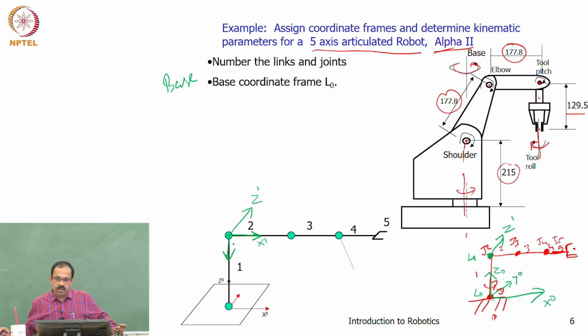X naught, how will you get it? Yeah, so first you fix x naught. So x naught I can actually say that x naught is in this direction or this direction. I can say I have an option. Basically, when I do this, I am telling that initially I assumed the robot to be in this plane, but now I am saying that my x is in this direction, my robot is actually in this plane. That's what I am telling. So there is a theta already there with respect to the previous one. That's our only thing. So it does not really matter whether you take the x0 this direction or this direction, y also will change accordingly. The parameters also will change later.